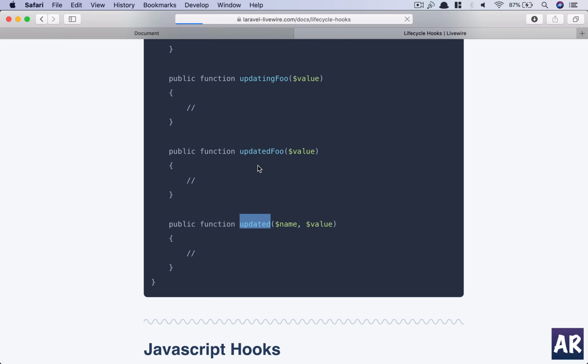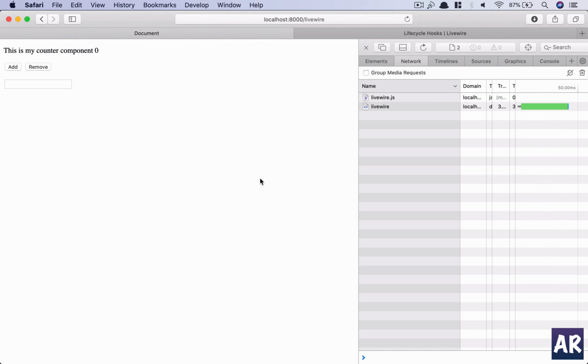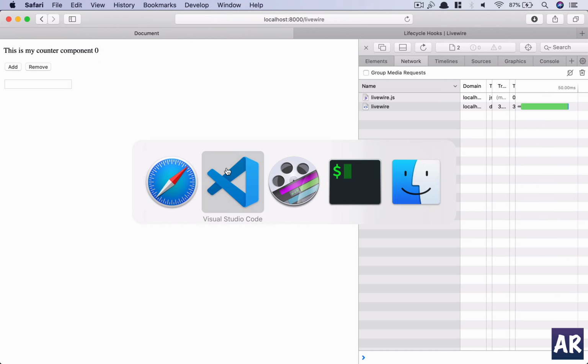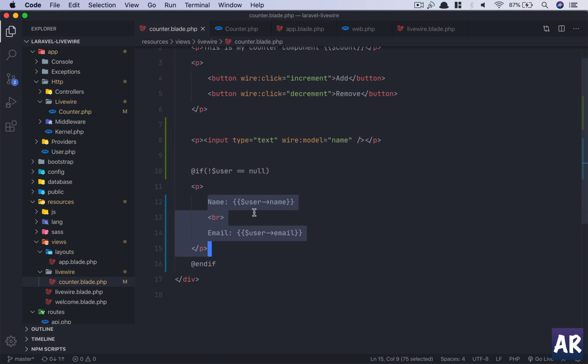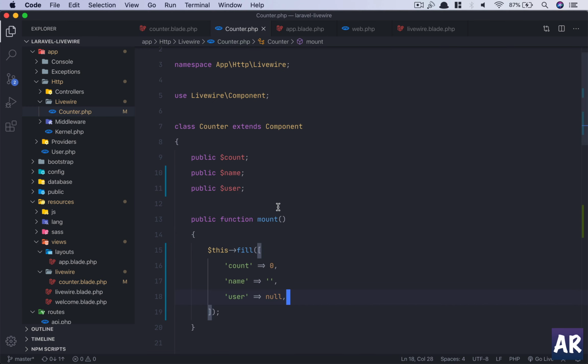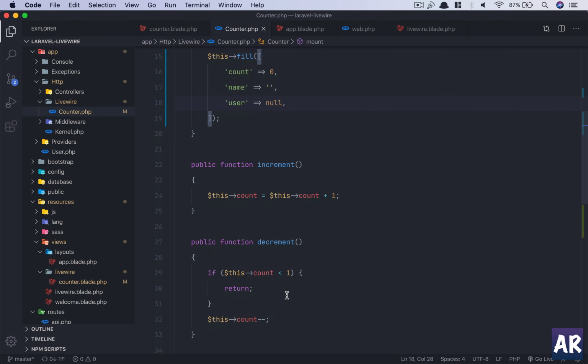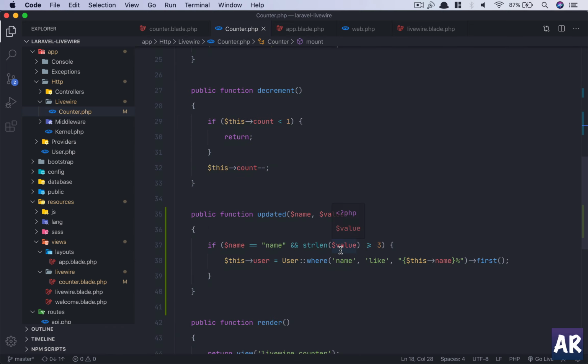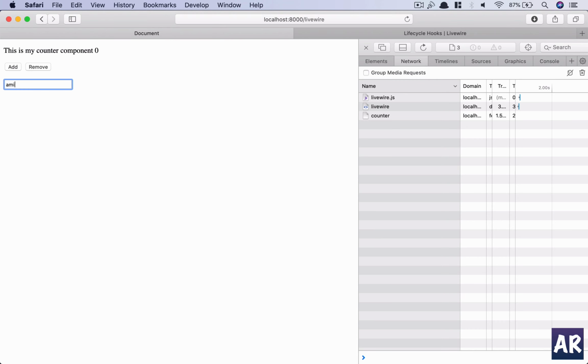So let's just see, this is my documentation. I reload here, and why don't I also, because this is a search, we would expect that it's not done on every keystroke, so I'll do lazy and click outside. It makes that ajax call but doesn't do anything because our condition is not fulfilled. It says the string length should be greater than or equal to 3. So now if I do amit,